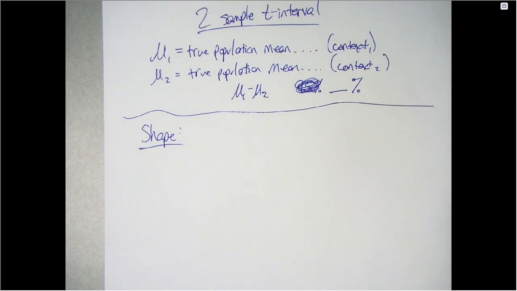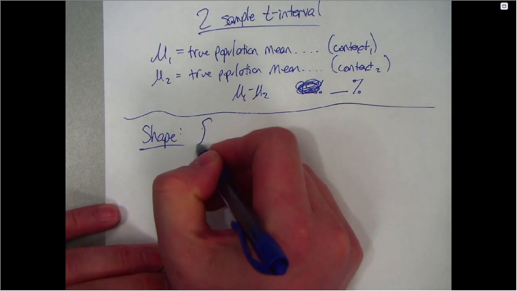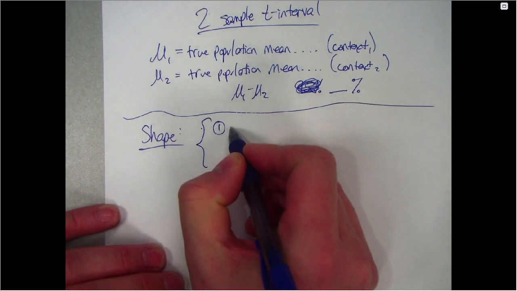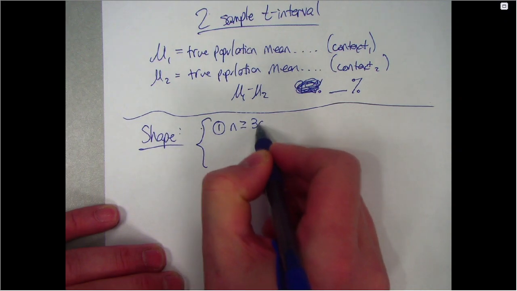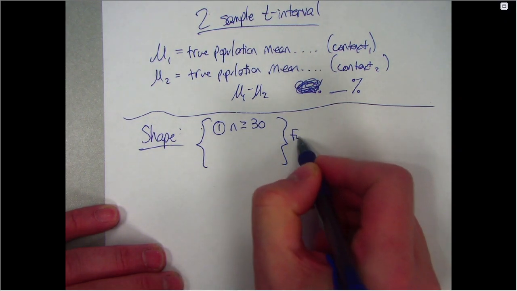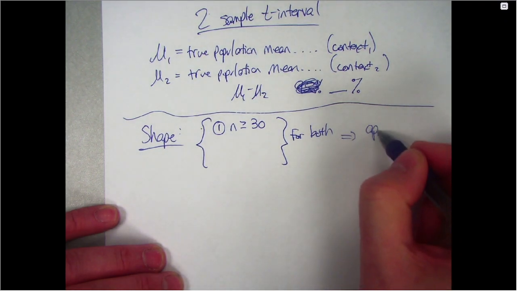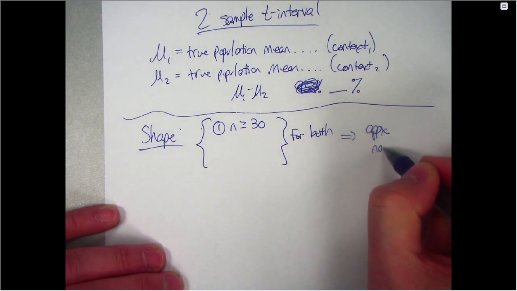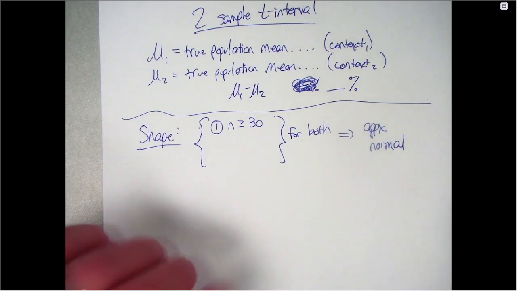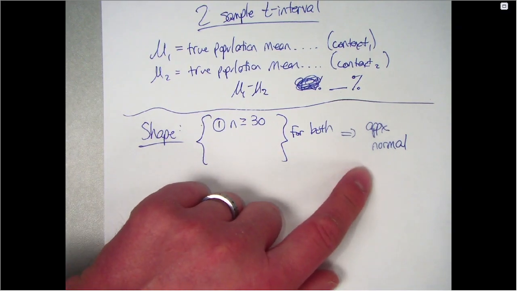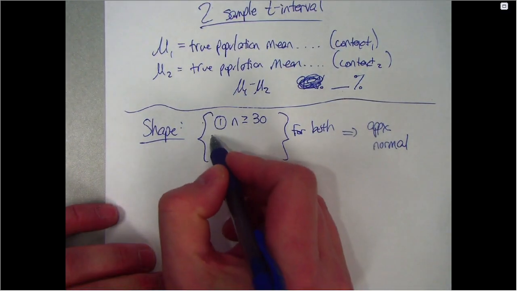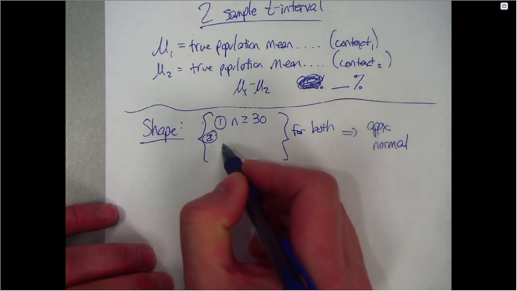The shape is the more annoying one because you've got three things to look out for. So remember, you could have n is greater than or equal to 30. And these all need to be true for both. And if not, I'm sorry, they don't all need to be true. At least one of them needs to be true for both. And if we know that, then we can say it's approximately normal. So 1 is n is greater than 30. 2 is,